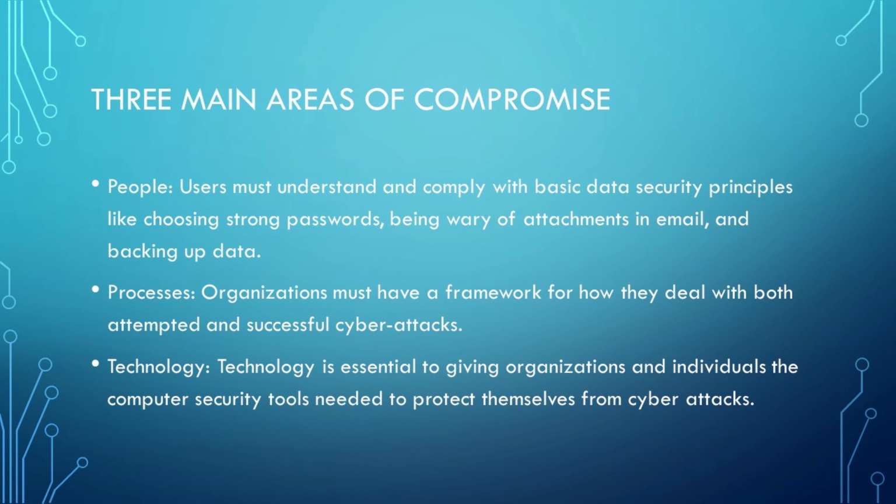Of our three main areas of compromise, people is generally the most targeted area of compromise, as weaknesses in our organization are usually exploited through people. And to no one's surprise, processes and technology are not as exploited as they once were in previous decades. Now the focus is on people.